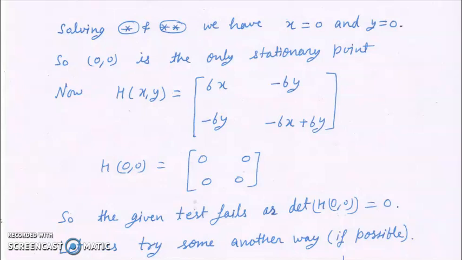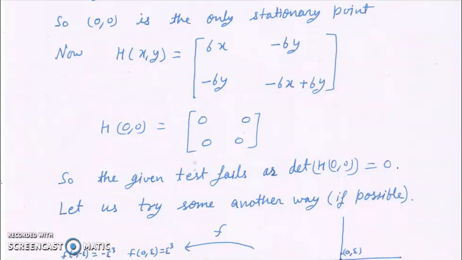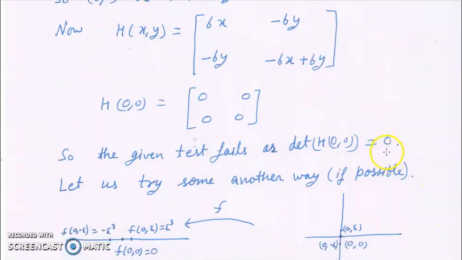It is not easy, but sometimes it happens that if we investigate the function near the point 0 0, we can say something about that function. So let us try it. It is not easy and not always possible to guess about this point without the test. There are some further extensions of this test of higher orders which we are not going to discuss, but even then, geometrically, sometimes we can see and predict about this point. So the situation is that our test has failed, and let us try something.